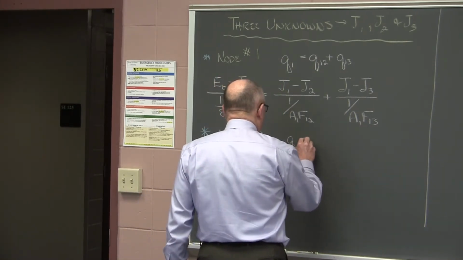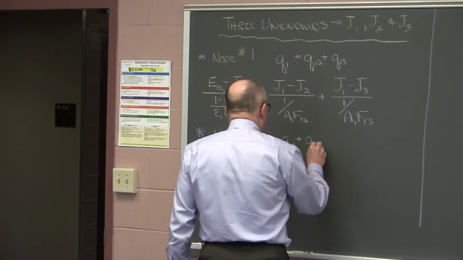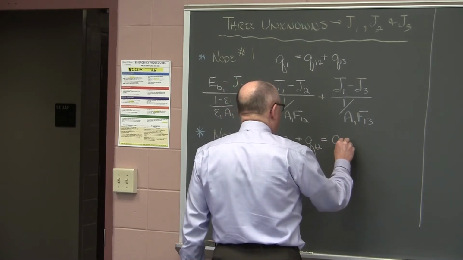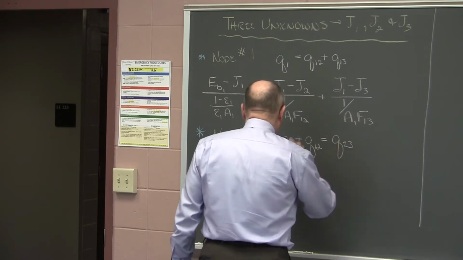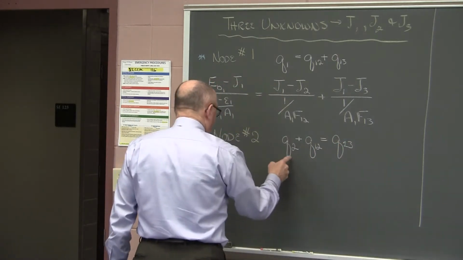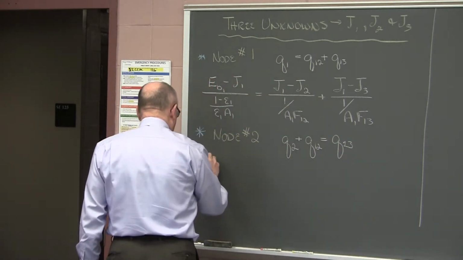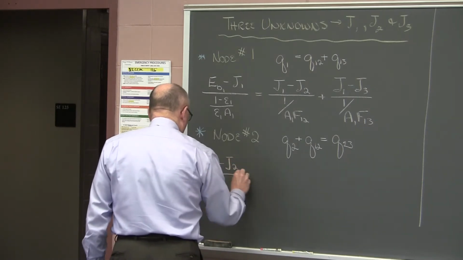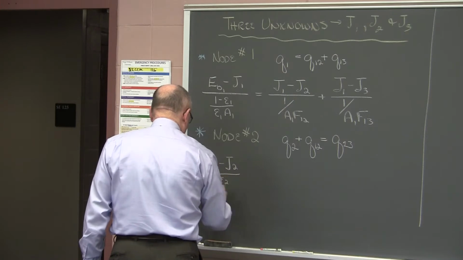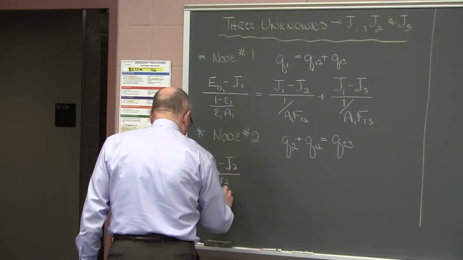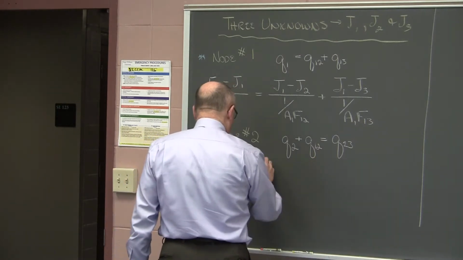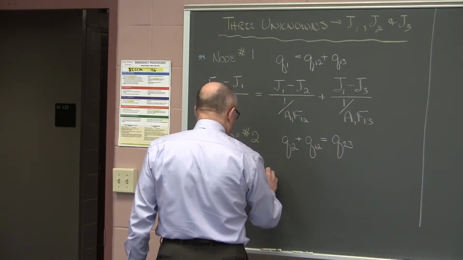Q2 plus Q1 to 2 is going to be equal to what leaves, which is Q2 to 3. Putting it in these terms, Q2 would be EB2 minus J2 over 1 minus epsilon 2 over epsilon 2 A2 plus Q1 to 2,